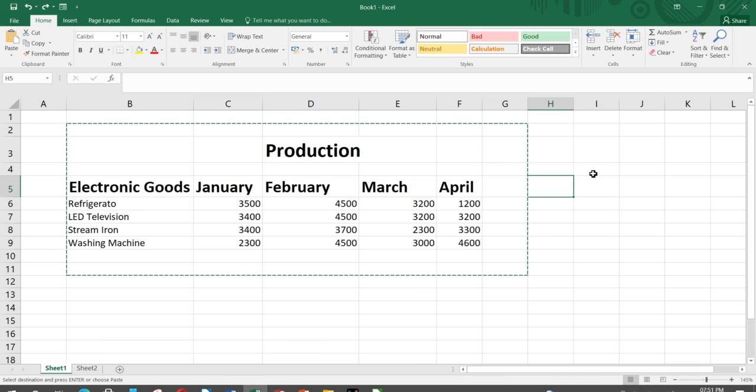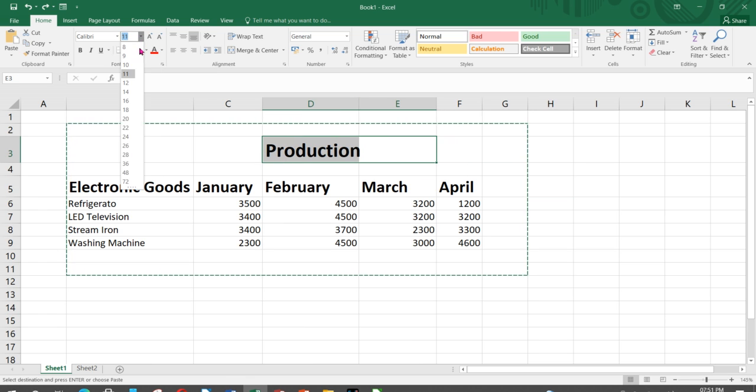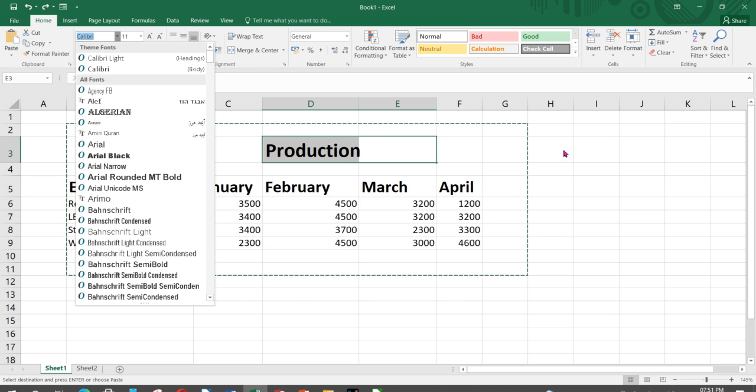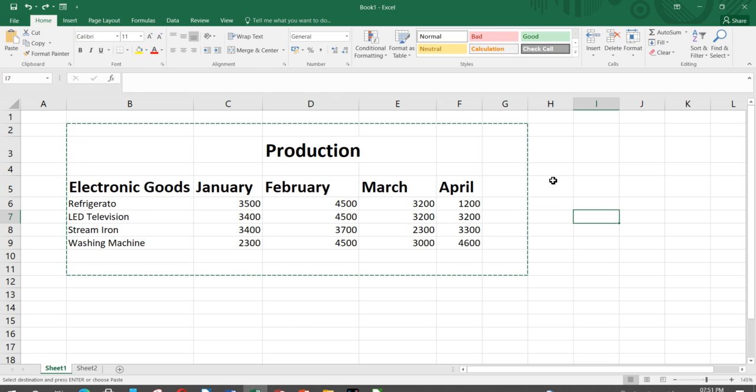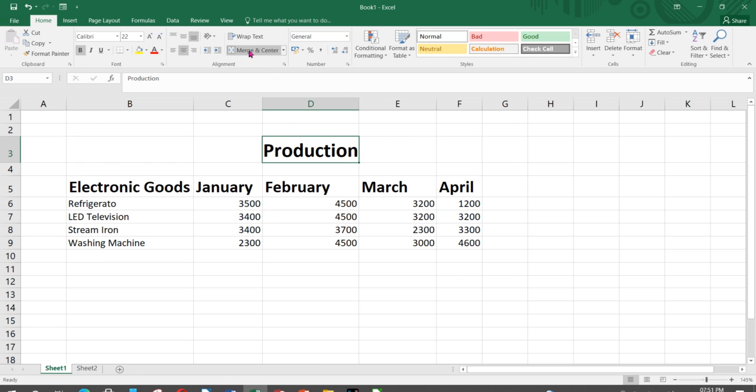Coming to another one, you can change the font size, etc. from here. Font size is here. You can select any number. You can select any font from here. Alright, if you wish. And you can merge and center the word. Here is merge and center. So thus the text will appear in the middle. So this is the way how you can cut, copy, paste, how you can delete, how you can expand